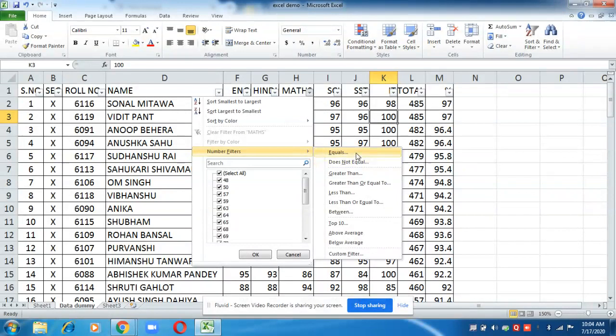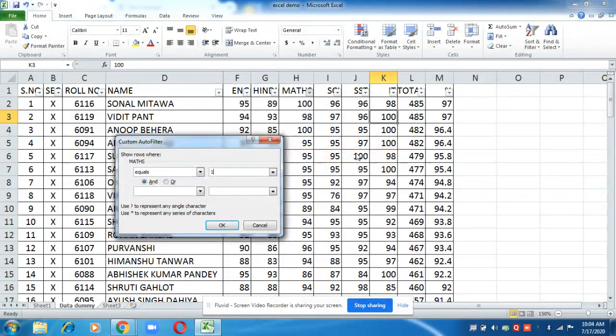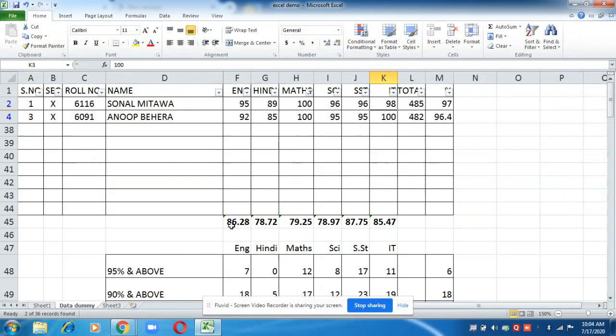So I will check equals to 100. Okay, so we have only two students here. Also in the taskbar you can see 2 out of 36 records found, it is saying. It means we have only two students who have secured 100 out of 100 in maths.